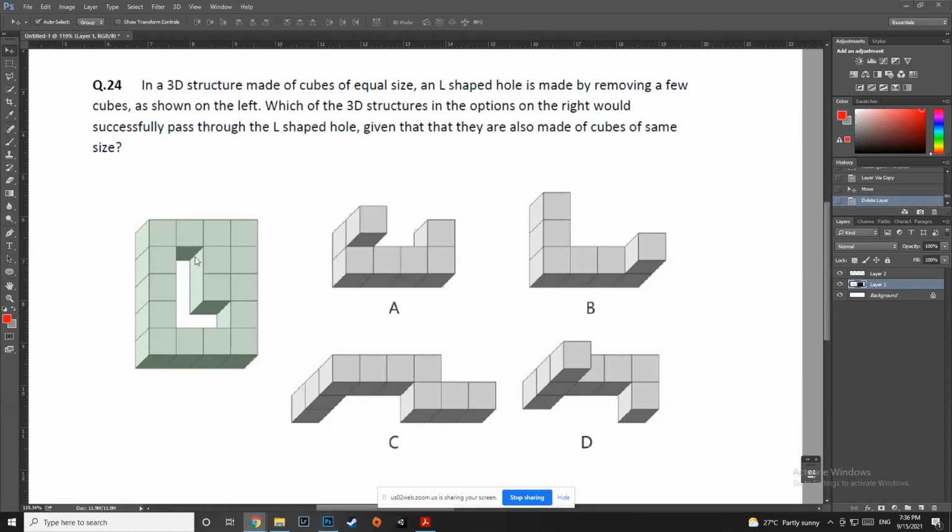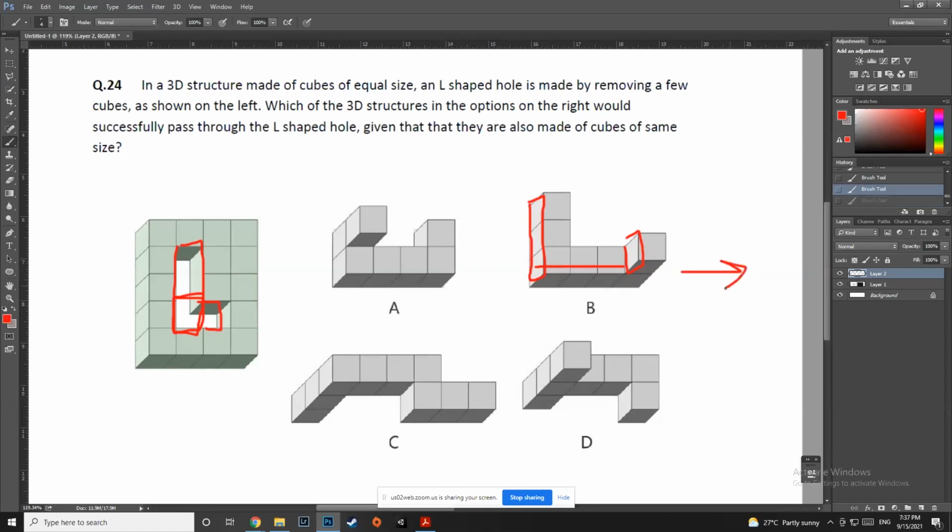Yeah. Now, what about B? Can B pass? I can see that these three can be these three, right? And I know that in this part only all these four will pass, and then this one will pass through here, right? So we need to pass it in this direction. Oh, sorry, this direction. Okay. Can C pass? Can option C pass through it?